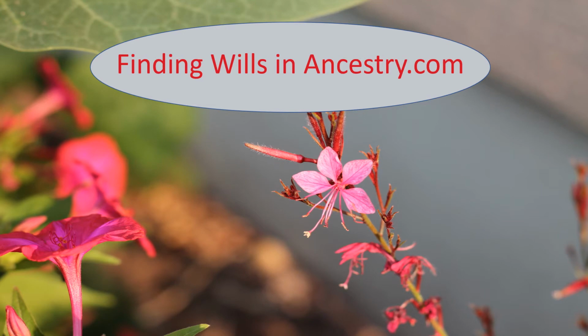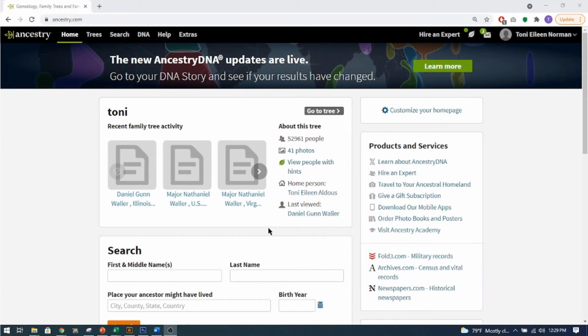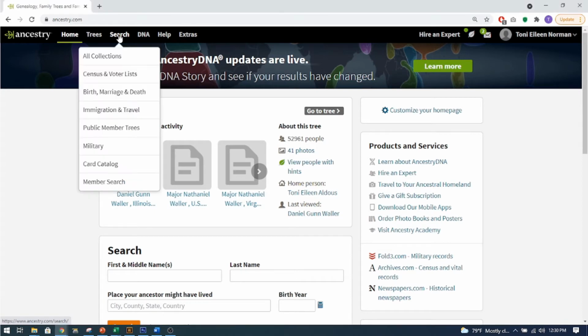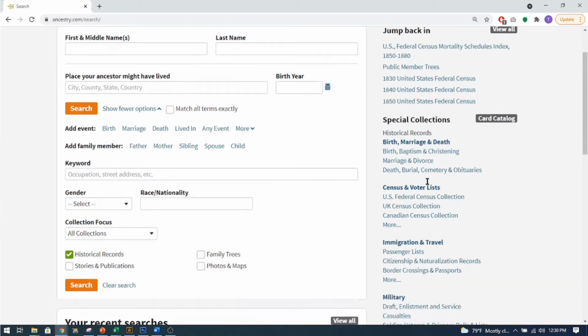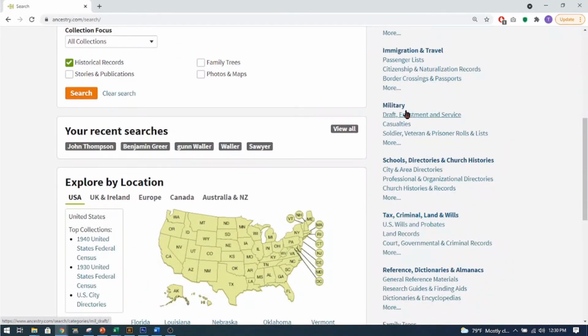Here is how to search for wills in Ancestry.com. Okay, I previously showed you how to find wills in FamilySearch. Now I'm going to show you how to do it in Ancestry. So if you just go to search from their homepage, do search all collections. Again, there's many ways to do these. This is how I have found to do it, and I just come down here. They have these titles, and we have tax, criminal, land, and wills, and we have U.S. wills and probates. So if you click on that,